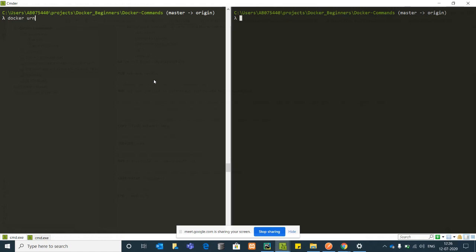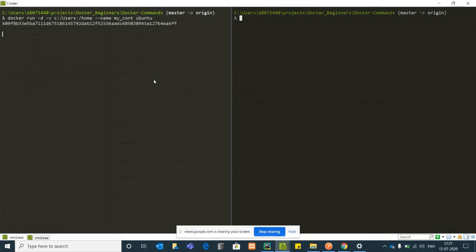Now you can see. Docker run -d, volume. Docker ps -a.